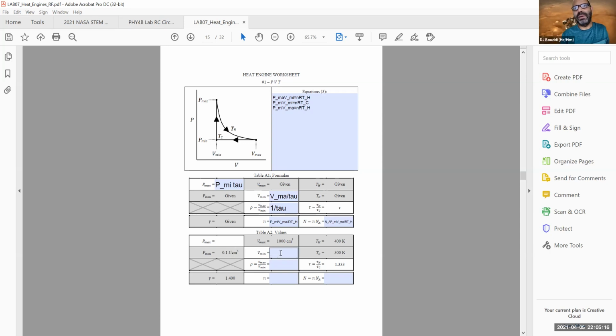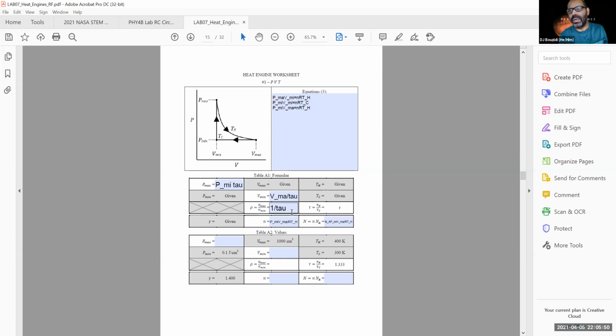Okay. Vmin. For Vmin, I have Vmax, which is 1,000 divided by tau, and tau is 1.33. So I have to take 1,000 divided by 1.33 and plug it in here. Okay. Vmax. Vmax is equal to 1 over, I'm sorry, first of all, rho. Rho is 1 over tau. So the invert of this number, which is 0.75. Is it? 3 over 4? Yeah, 3 over 4 is 0.75. So that is basically,